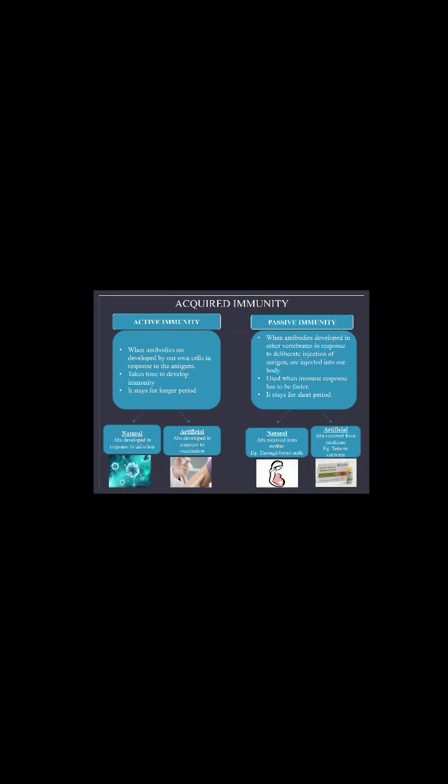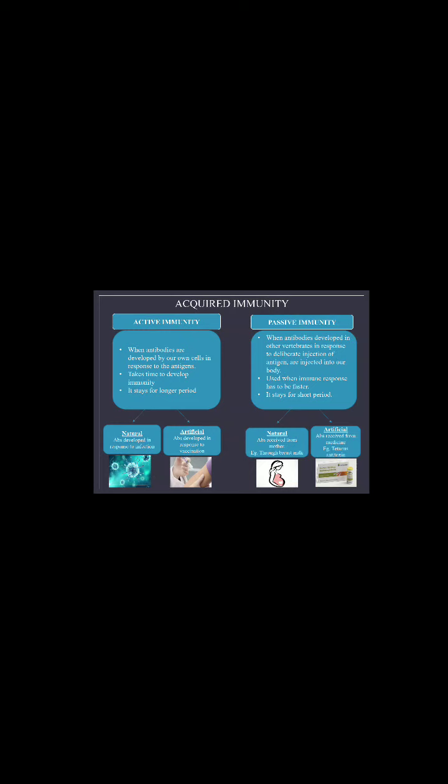What is natural? When any antigen enters our body, like I gave you the example of chickenpox, when those pathogens enter our body, antibodies will be produced. That's natural. Our body is making it. But sometimes it is artificial. Artificial is when antigens, weak or dead germs of a pathogen, are injected into our body. And that is through vaccine. Then antibodies are produced which protect us from that infection. So artificial is through vaccination.